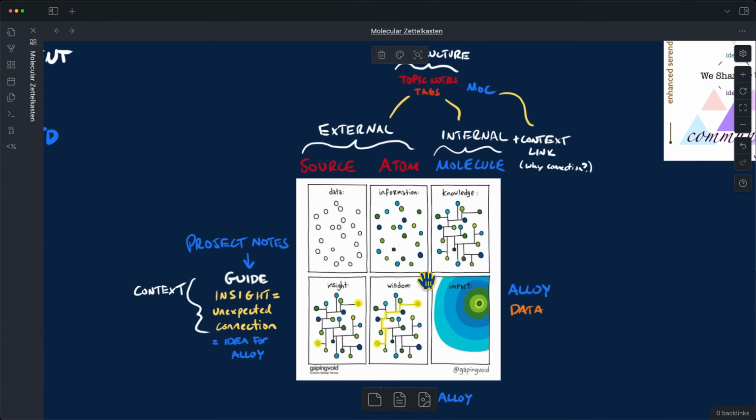So as you go through this knowledge, when you're looking through your slip box, your main slip box, you might begin to identify insights. And these are usually derived from your projects, where you might have a question or a problem that you're trying to solve. And this problem or this question can operate as a guide that can lead you towards insights, which are unexpected connections. It's where you take the context and you apply it to your knowledge, and you start to realize, like, oh, perhaps these two notes are actually related to each other. Let me see if I can make a connection. Let me see if I can follow the path to get from one note to another and then produce this insight between them. And that's what's called wisdom, because you're taking knowledge and you're actually applying it to your life. That's what wisdom is.